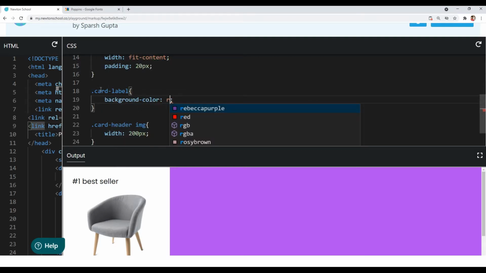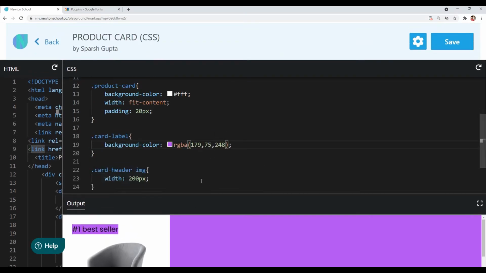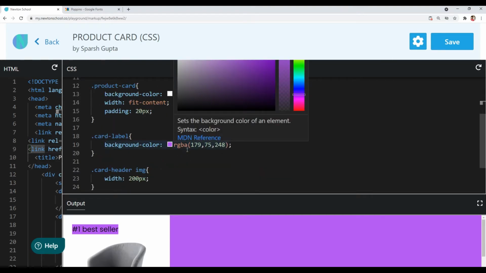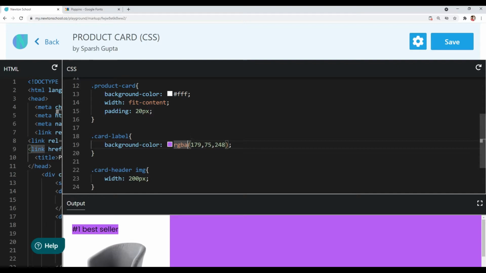The RGB value is basically 179, 75, 248. Okay, so it's just the RGB version of our primary color, and since we also want a lighter shade of it, I will also give an alpha value to it.